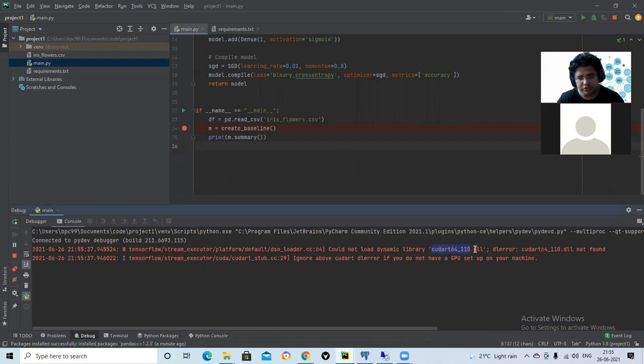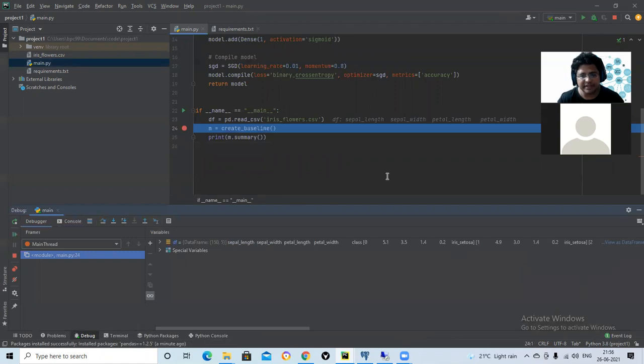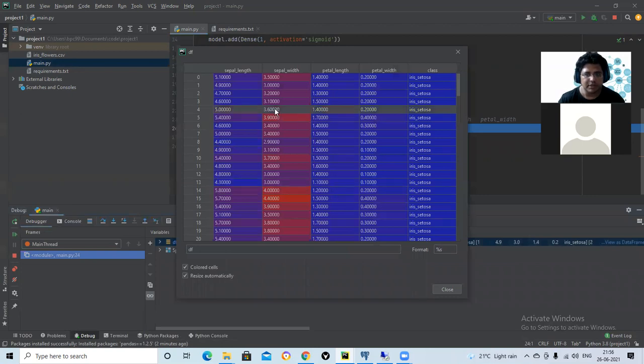This message shows that the CUDA DLL could not be found. CUDA is the GPU driver model library file. I have not yet configured this system. This system is a GPU system, my personal desktop, and I have not yet configured it for GPU work, but I can do it. Once we do that, we will practice how to code in GPU.